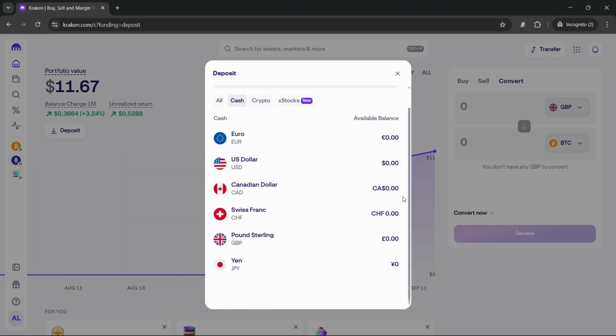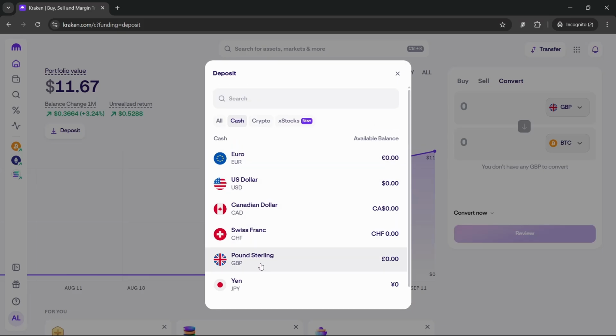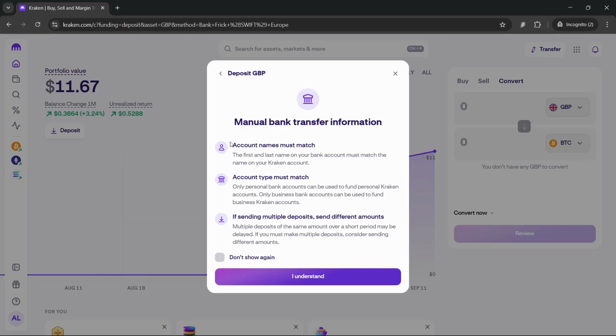And right here, you will find all the options. The one we are looking for is obviously pounds right now. So click right here, and here you will see some information about the bank transfer, because if you want to deposit pounds, the only option right now, or at least the only option that is available in my country, is a manual bank transfer. So firstly, the account names must match, which means that it has to be the same